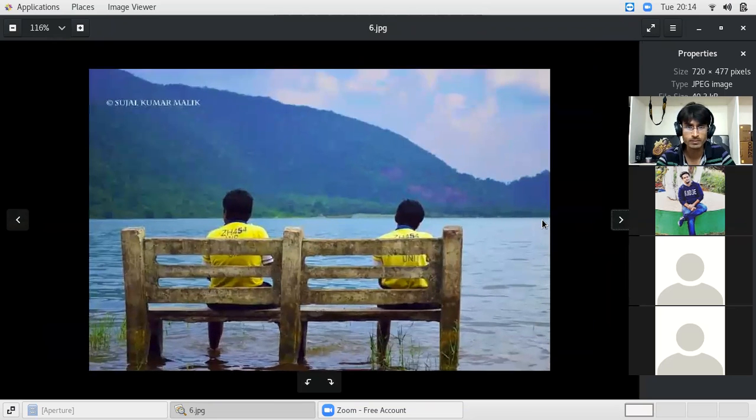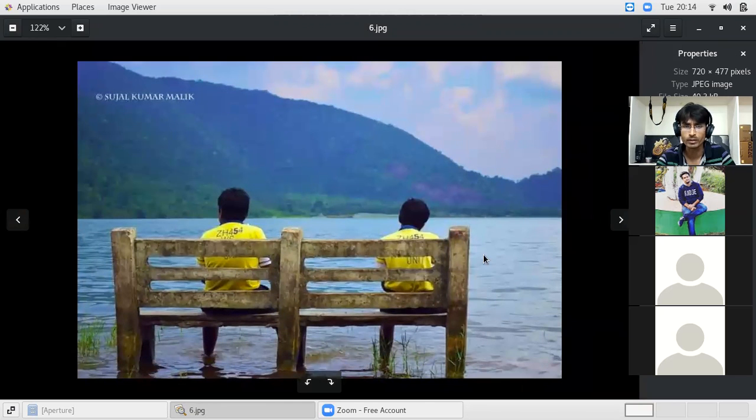Similarly, this is the subject, this is the photo. There are many portions, like this bench is there, two persons are sitting. Then next comes the water of the lake, next comes the hill, and next comes the sky. If you see the photo carefully, everything is in focus. How is this achieved? With a smaller aperture, smaller opening, and a bigger f value, right? Is it clear?